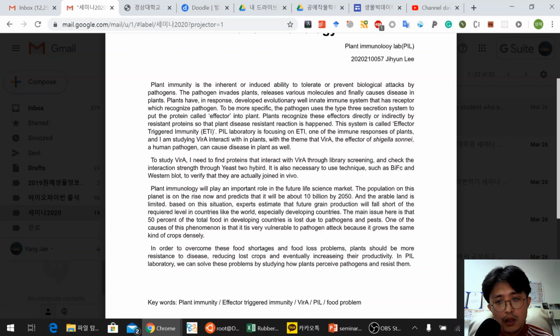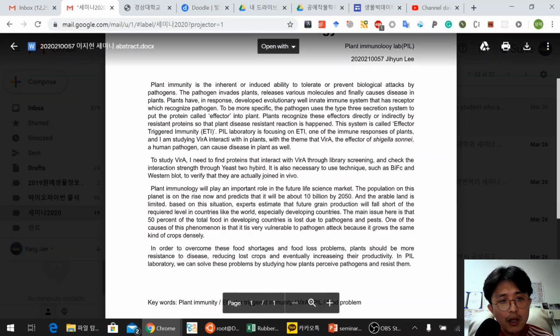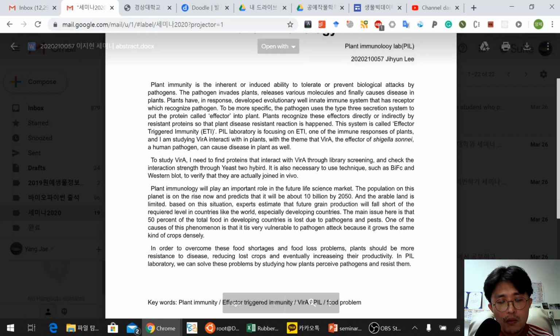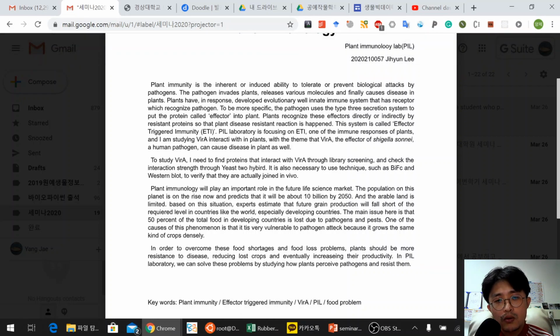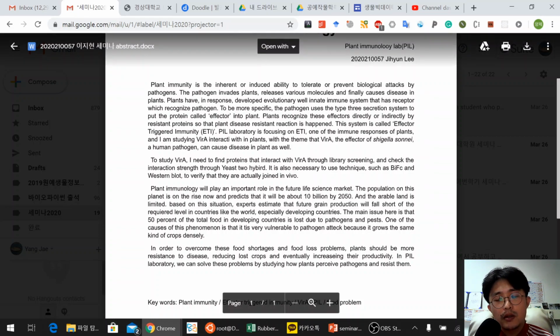explain what library screening is, how you screen the libraries, and what kind of library you are using, and check the interaction strength through yeast two-hybrid and explain how you do the yeast two-hybrid and maybe biopsy, right? So